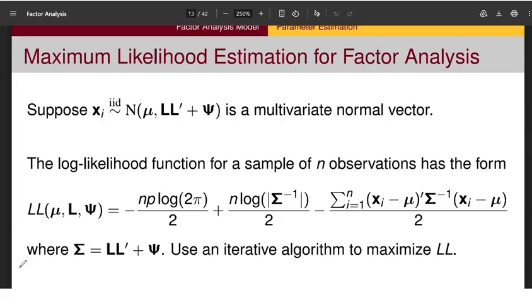To be able to do that, I'm going to say my random variable, the original observable features, follows a multivariate normal distribution. Because for me to use the method of maximum likelihood, normality is required. Normal density is required. So if I have x1, x2 up to xp,